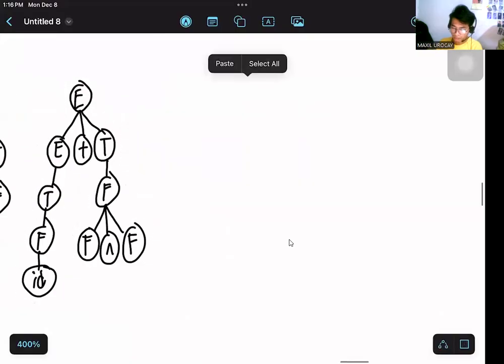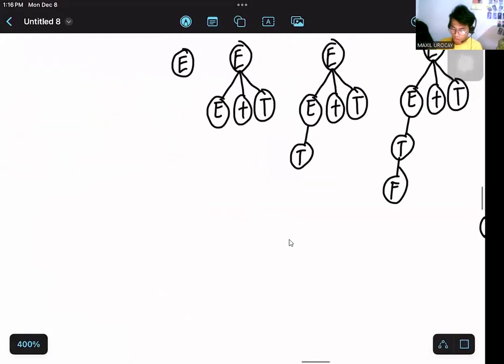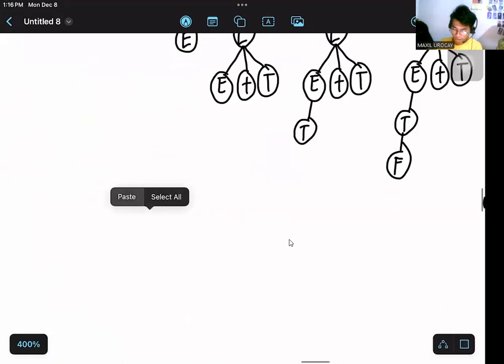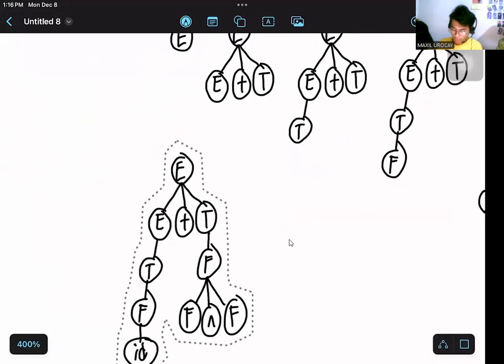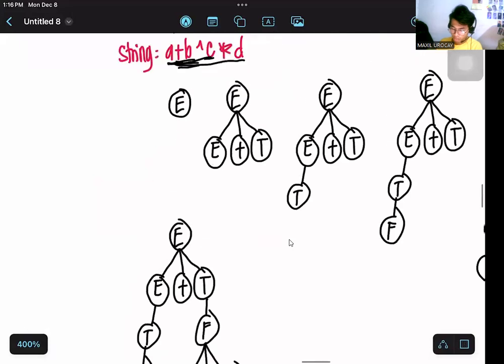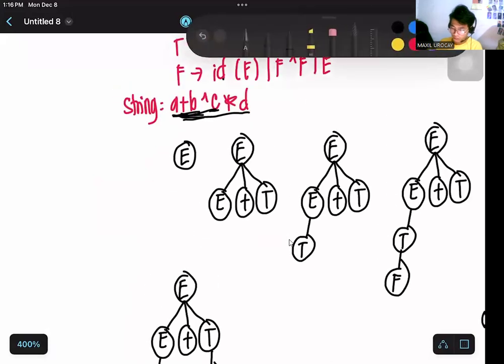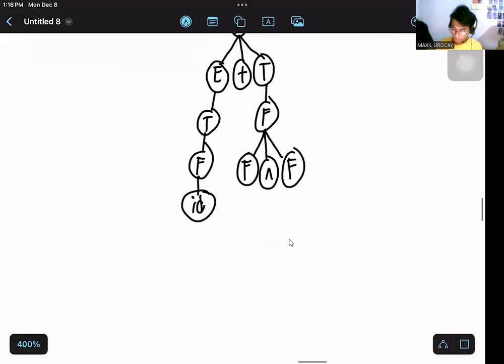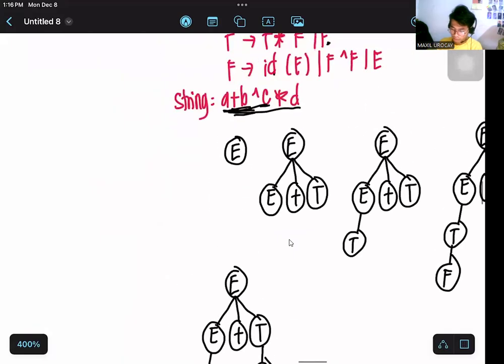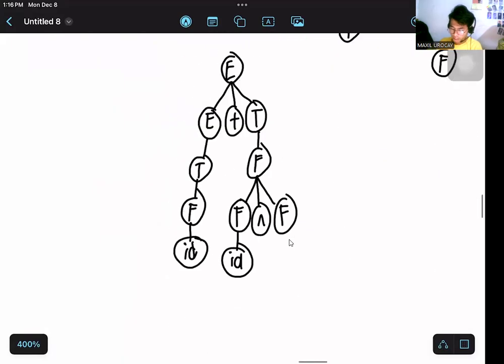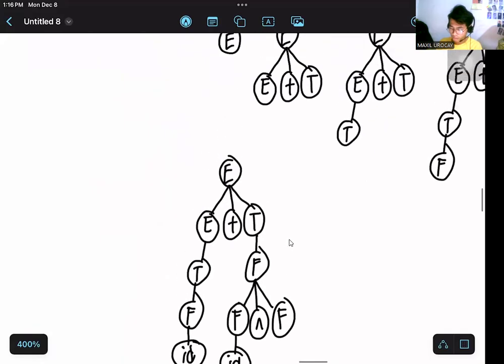So what is going to happen? You will simplify first the second F in order for us to achieve another ID. Okay. Now from F, there will be ID. So we can break it down to ID already. So therefore, we're able to solve A plus B and A plus B accordingly. Okay. And afterwards,